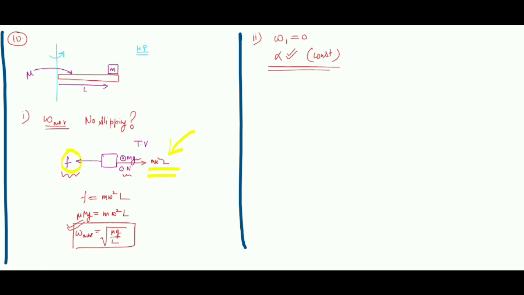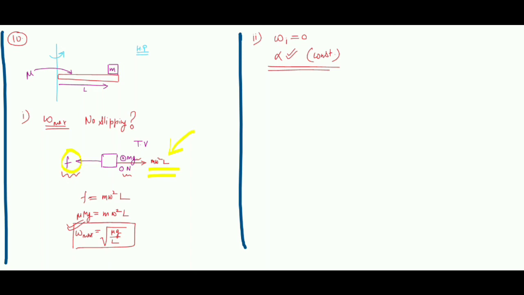Hence, the force of friction has been divided now, and whenever something is divided, it becomes lesser, it becomes weaker. So this time, the omega for which it will start slipping will be lesser than this one. So it will obviously be lesser than this omega. Are you getting it? It's a little complicated, but let's see how we can solve it on paper.